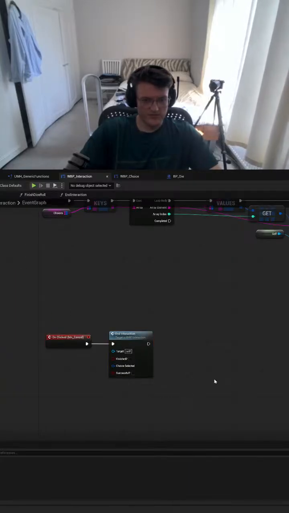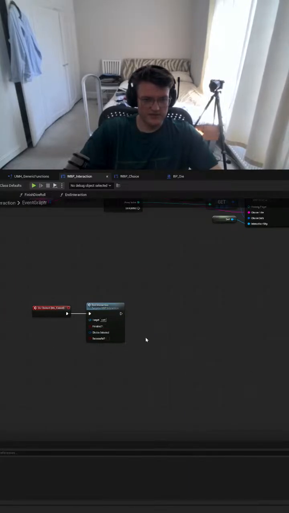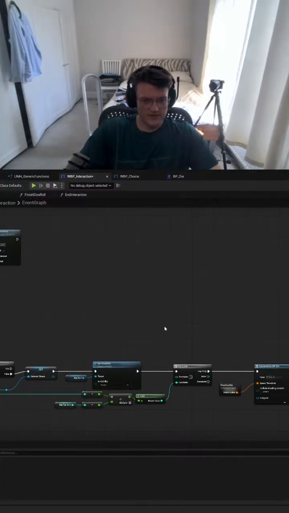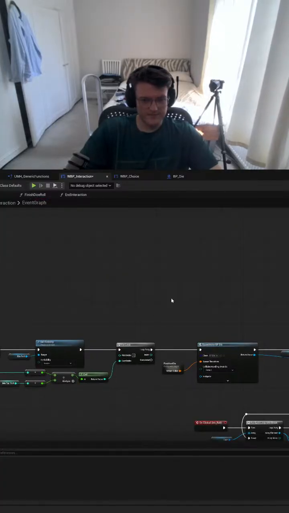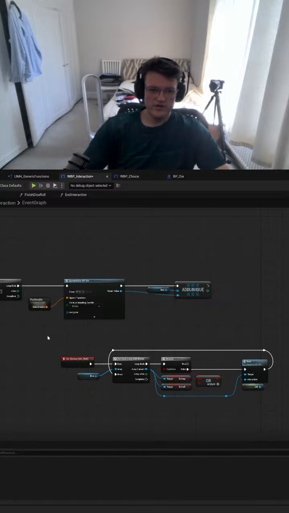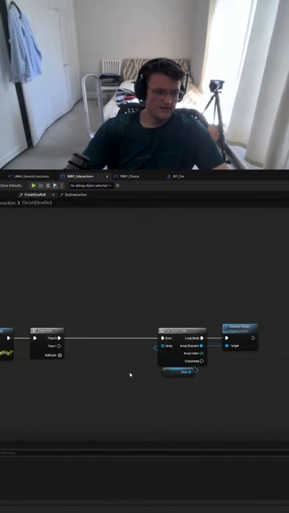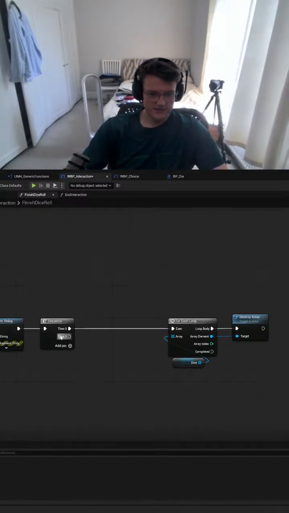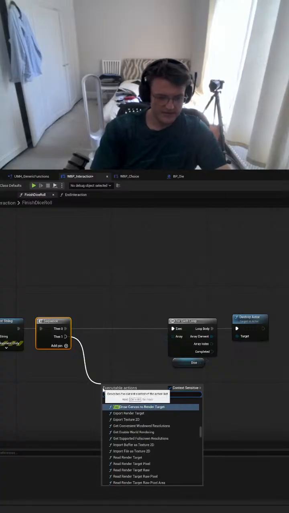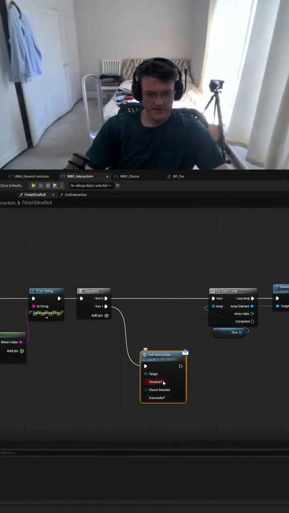This is not successful, has no choice selected, and it's finished. True? Oh no, it's not finished. When you finish a dice roll and the interaction ends, end interaction, it is finished,